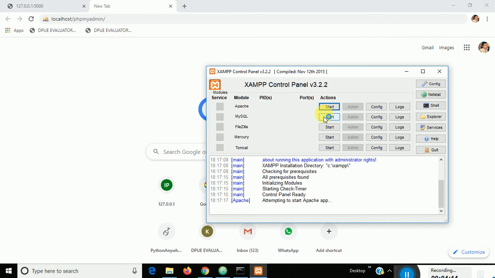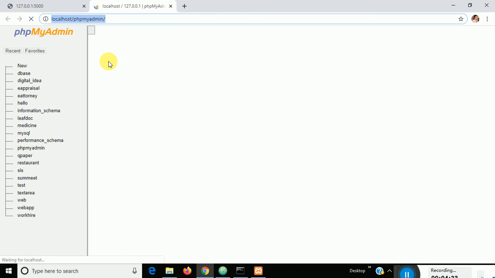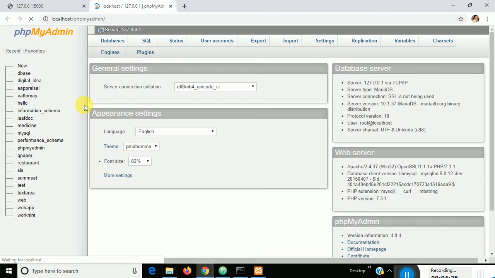This one, start and start. When I turn on both, you have to click on this MySQL, and automatically it will move to localhost phpMyAdmin. Sometimes the port number will change, so you have to check the error log and everywhere.